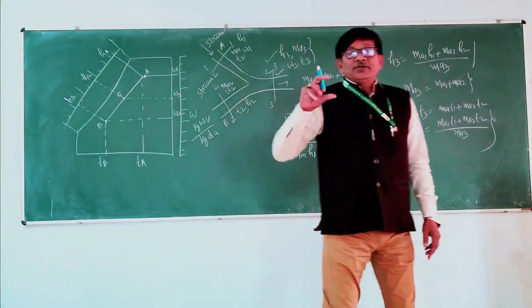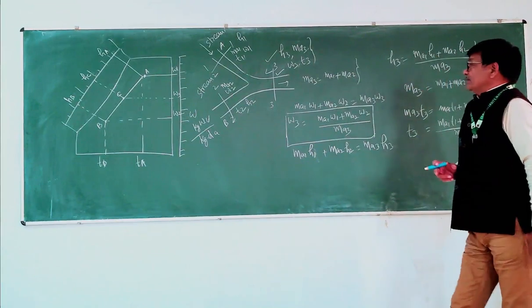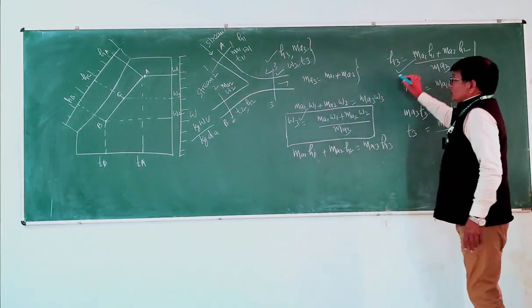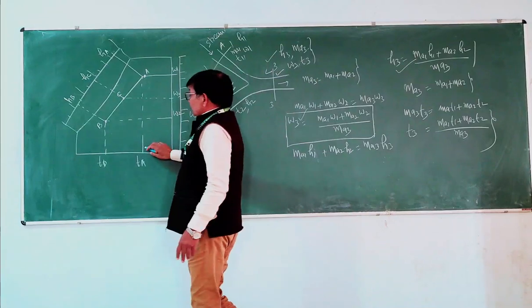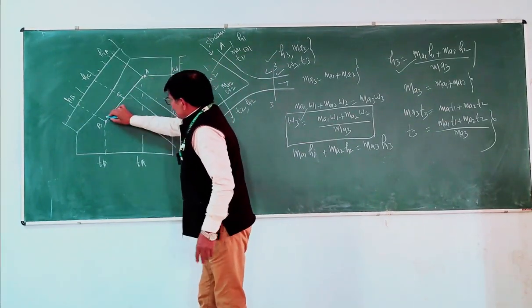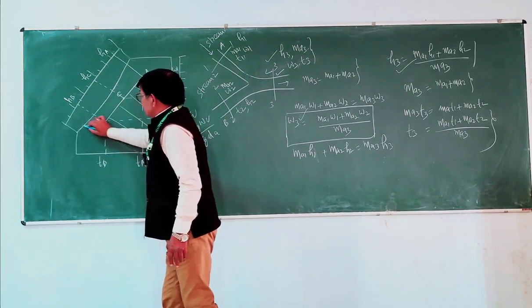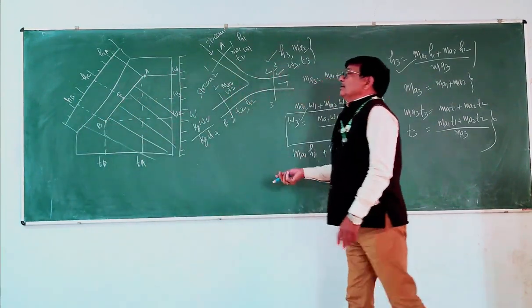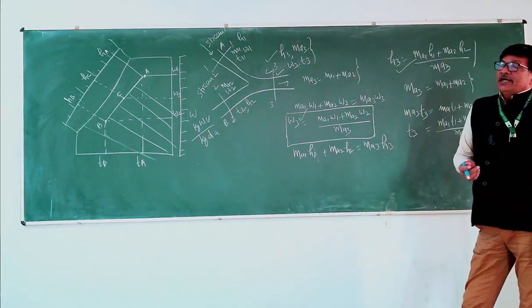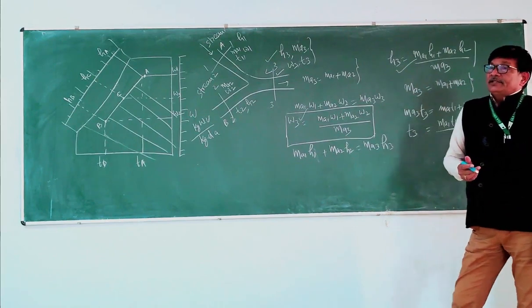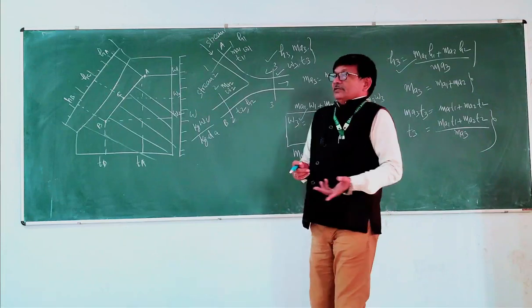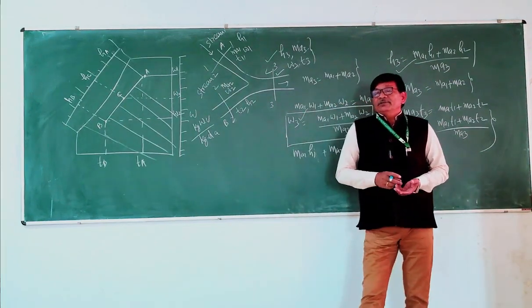If you can find out any two values, the third value can be found. For example, if you know omega 3 and H3, you can find out T3 and the wet bulb temperature, because the wet bulb temperature lines pass through that point. So by using the mixing equations, you can find out the intermediate values H3, omega 3 and T3. T3 stands for dry bulb temperature. So using these values, you can find out other values.